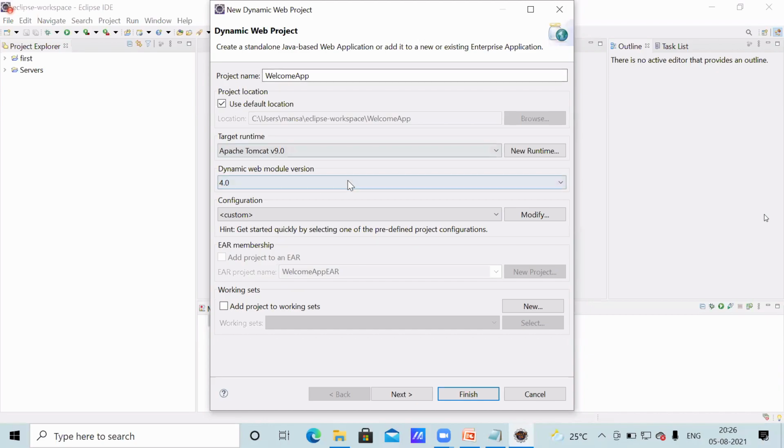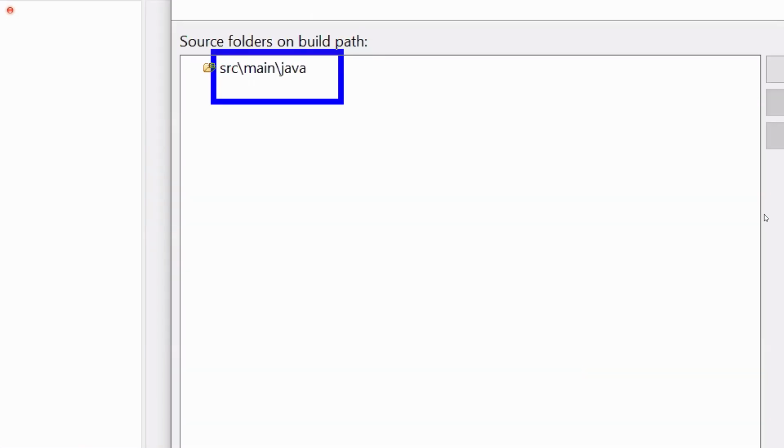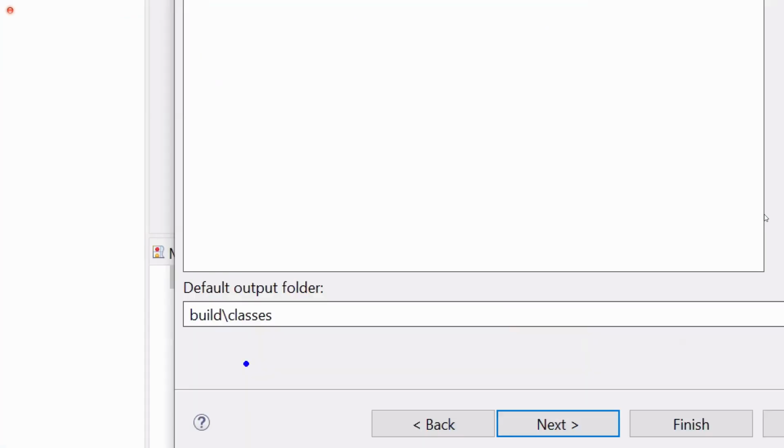These all don't change. If you want, you can change, you can run again, you can check what will happen. For experiment purposes you can do it. But default settings are better. Whatever default settings are there, that is only better. Click on the next button. You observe here where it is going to be stored. .java files here, .class files here.